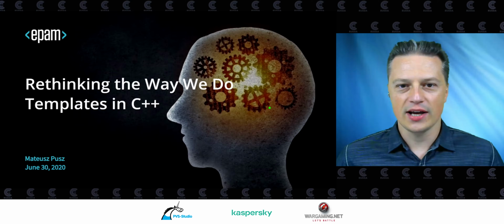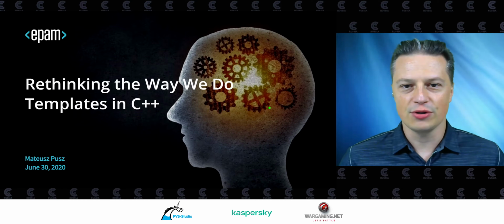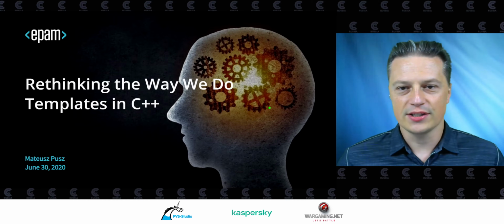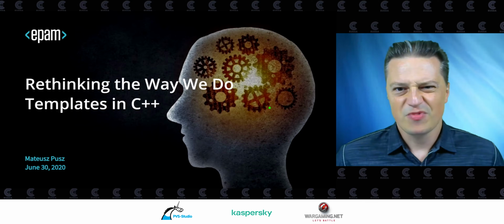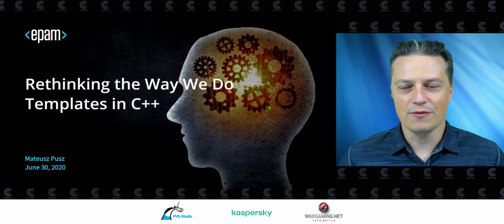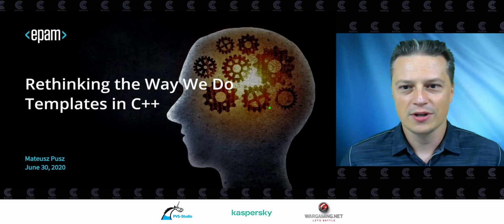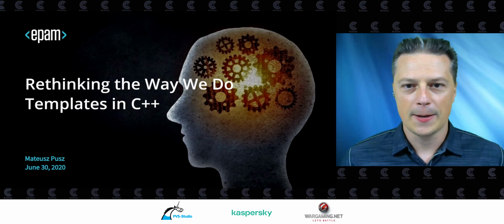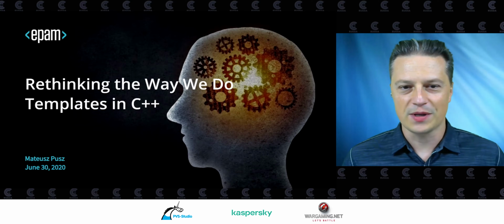Today's talk is about my experience that I gathered during implementing the physical units library for C++ that's intended to be standardized as part of the standard library. We were hoping for C++23, but maybe because of this COVID situation right now, we'll have to target C++26. We'll see how it works. But anyway, the subject of metaprogramming still evolves, and I would like to show you what is the current situation